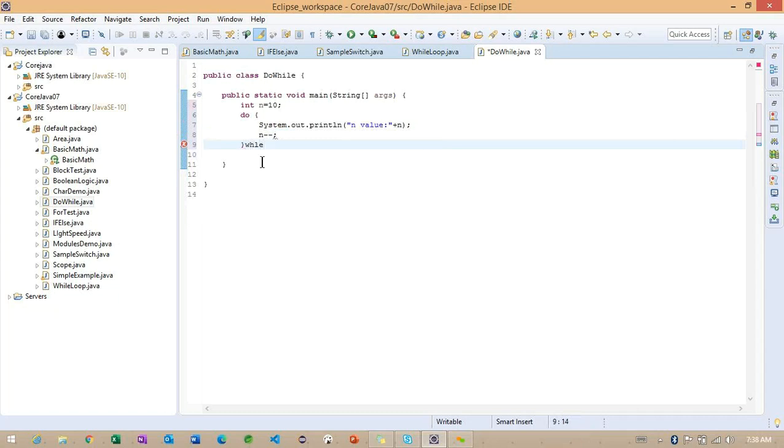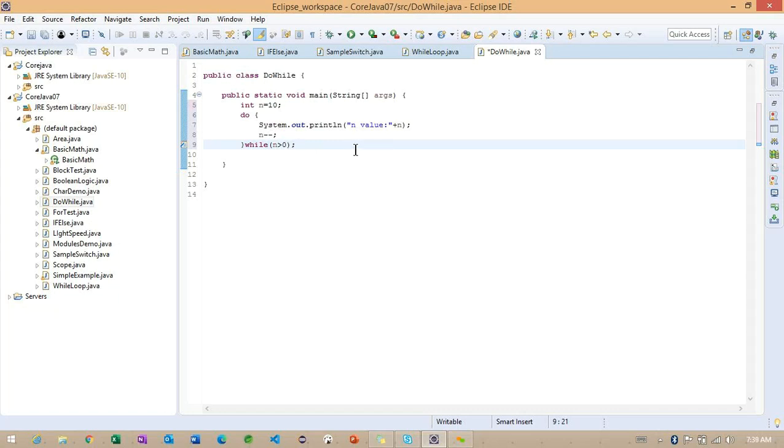Here I'm making the condition, the same condition I'm going to use. Whenever we are working with do while, we need to put a semicolon after the completion of the while condition.